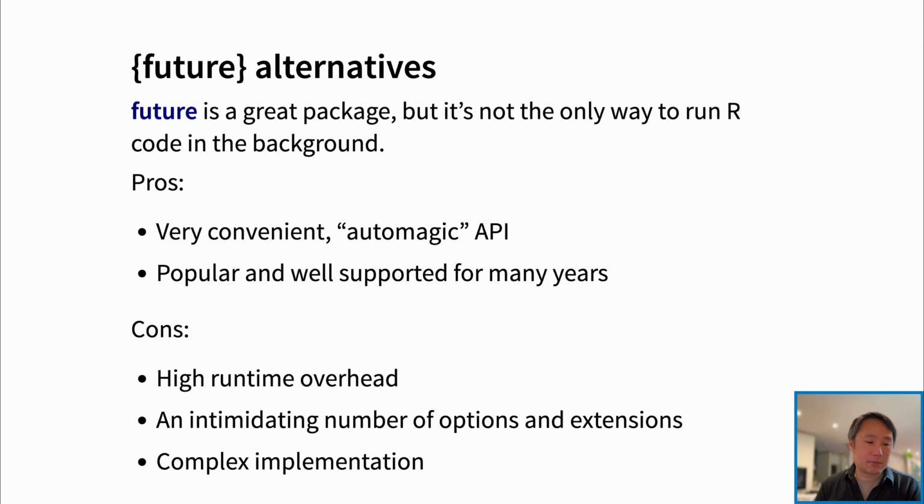And finally, it's pretty complex because of that automagicness, because it automatically teleports the data and packages you need to your background R process. That's a little scary, and it can be doing things that you weren't aware of, maybe copying more data than you thought it would, or accidentally depending on an object that really shouldn't be transported across.